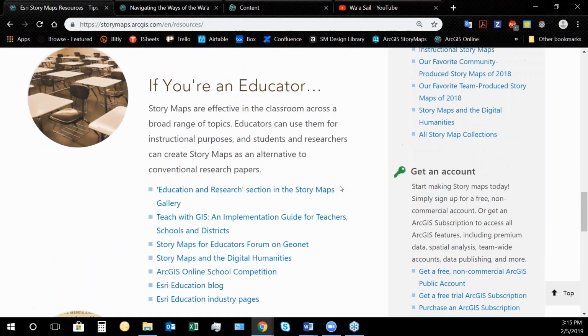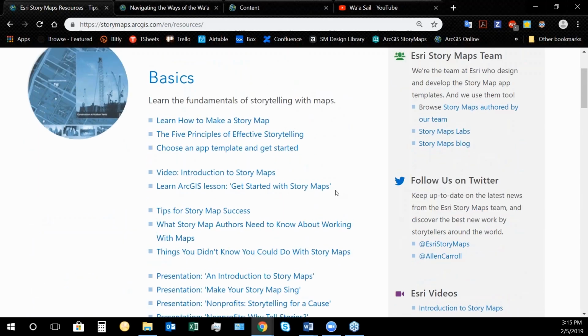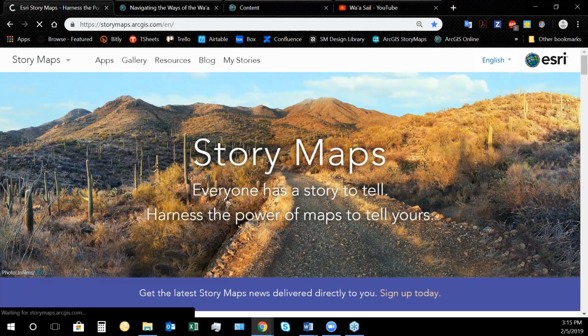Yeah, a number of other links and resources are available to you there. So on that note, this is pretty much everything you need to know to get started with story maps. So I'll go ahead and hand it back over to Alan, who is going to show a preview of what's upcoming in story maps in the next generation. Thank you all very much.